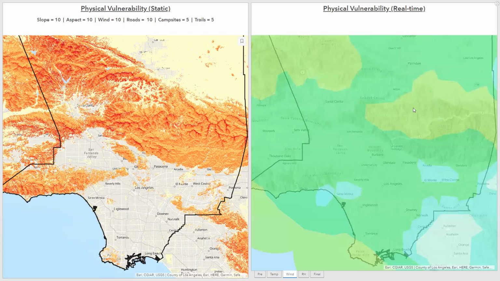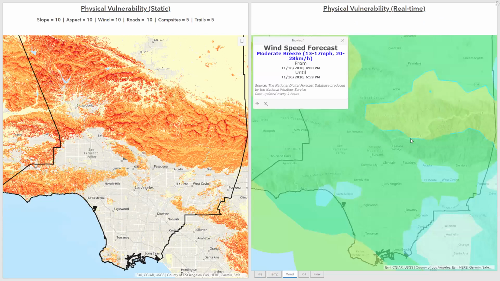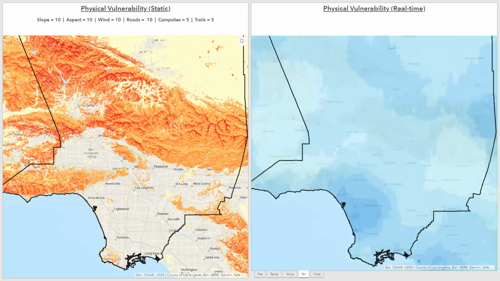For this particular day, I think the most we had was a moderate breeze, which is not going to do much. It's not going to blow down power lines. It's not going to accelerate wildfires tremendously. And then we looked at humidity. And this is where I saw that, obviously, coastal areas, urban areas are going to be more humid, but as you get more inland, they get drier